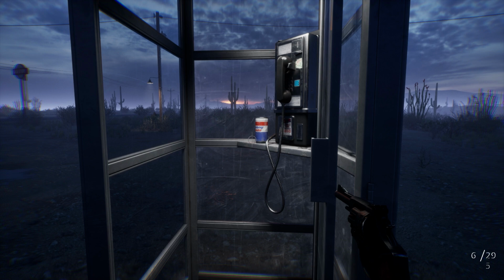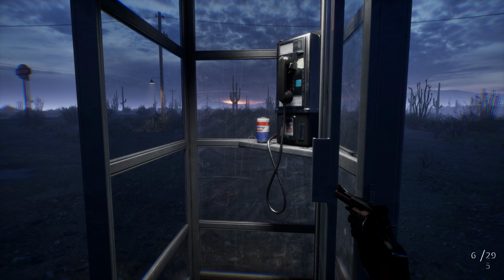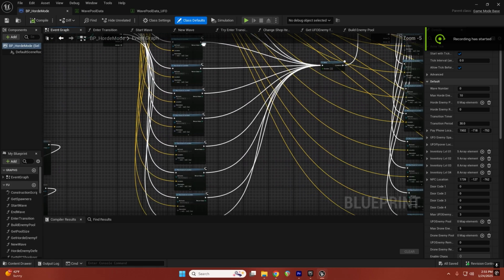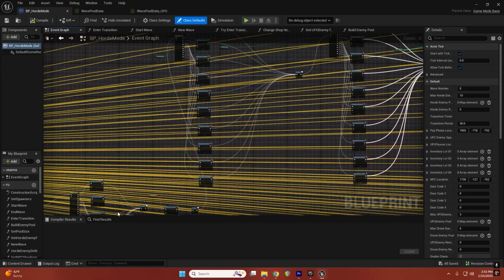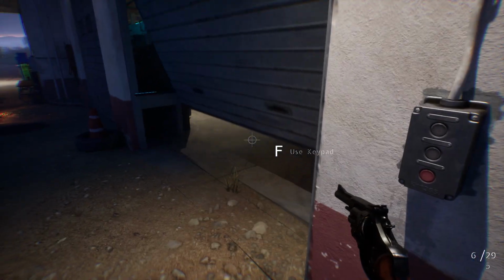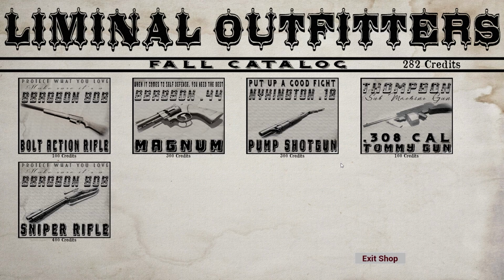The 4-digit code is randomly generated at the start of the game. The number gets set to a variable, which is then split and used to play 4 audio events, containing each corresponding digit that was recorded separately. If the players enter the correct code, the door will open and inside they can find several vendors to buy weapons, items, and power-ups.